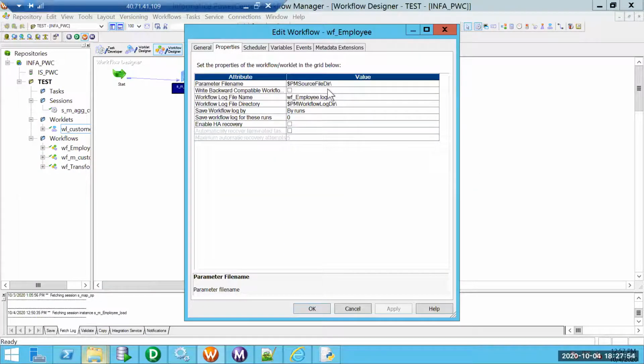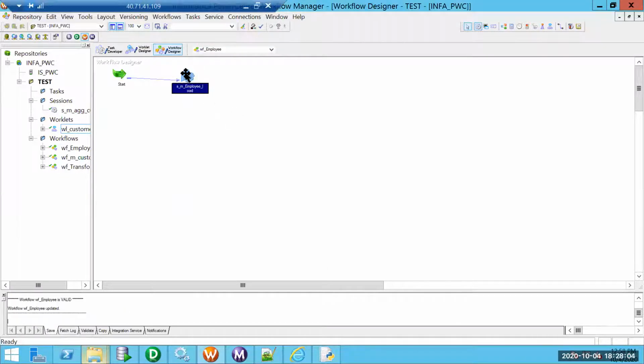I am going to define the parameter file name here. There is a slash missing. Yeah, perfect. Let's try to run the session and see what is actually happening.